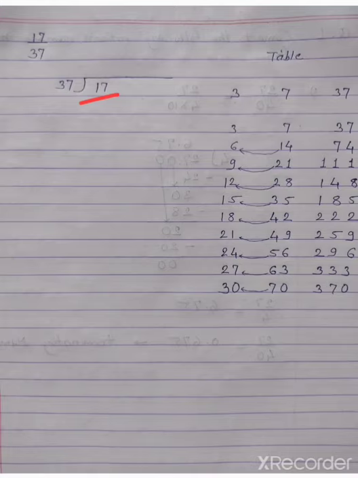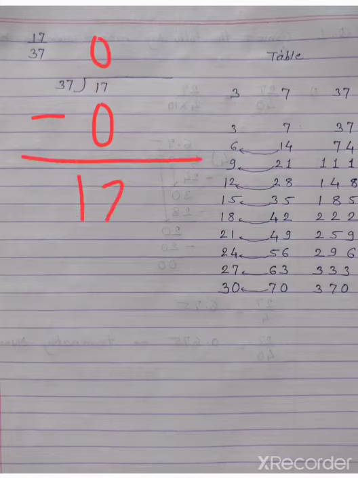Now observe this dividend. 17 is not in our table of 37. So we are using here 0 for division. So here I am dividing by 0. So we will get here 17. Now take decimal point. Take 1 0 and take it over this remainder. So it will become 170. So from 170, which number can be subtracted from this 37 table? So the answer is 148. So 148 means 37 4s are 148.